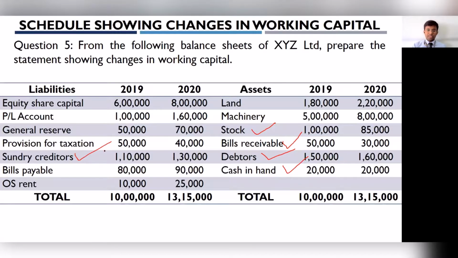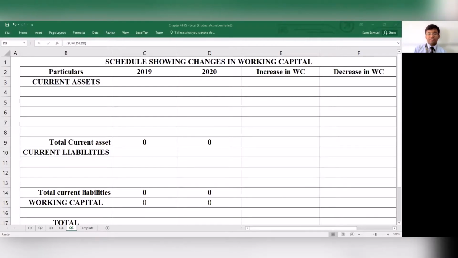Sundry creditors, you can treat it as a current liability. Bills payable, you can treat it as a current liability. Outstanding rent, you can treat it as a current liability. So we have 3 items on the current liability side. With that, we've run through the discussion, and now we can go about the preparation of the schedule showing changes in working capital. I have prepared the format of the schedule over here, so let's go about